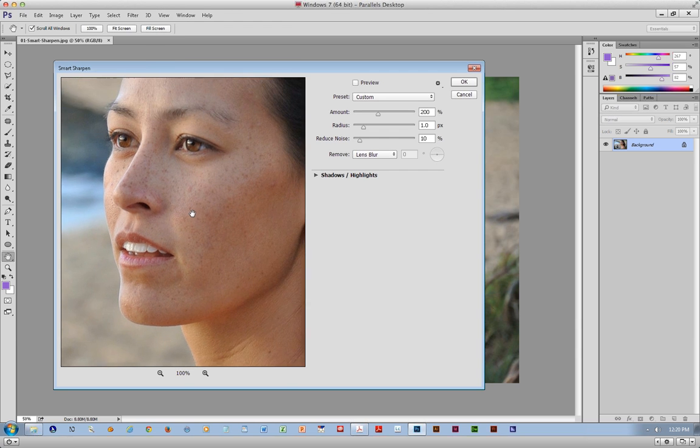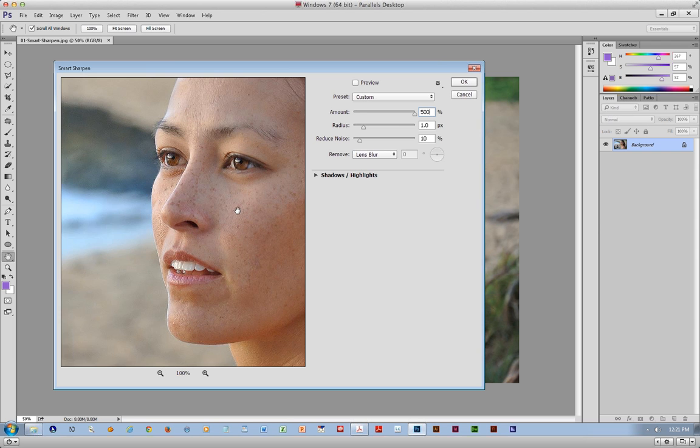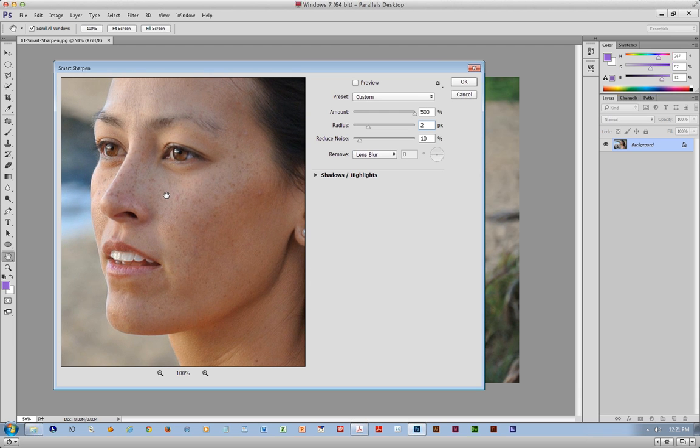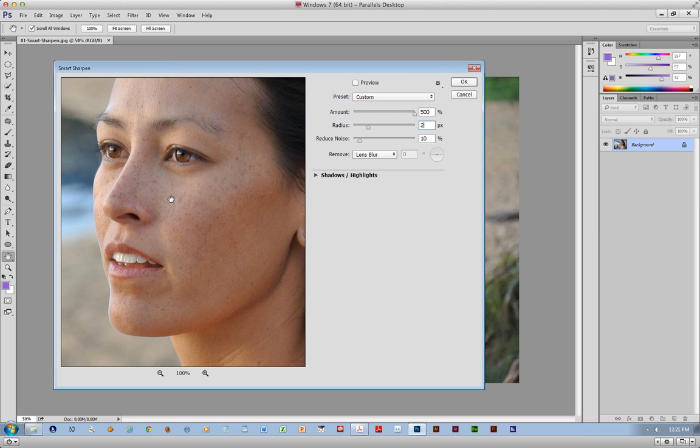So if I wanted to sharpen this image a little bit, we'll just use the preview window here for now. And I'm going to crank this up. I'm going to say, let's sharpen it by 500%. Okay, and we can look at the details in the background as well as in the foreground. And if I put this radius to 2 pixels, we can see that actually the image looked okay when we first opened it up. But if you actually look when we sharpen it, you will see that there is some detail that's being lost